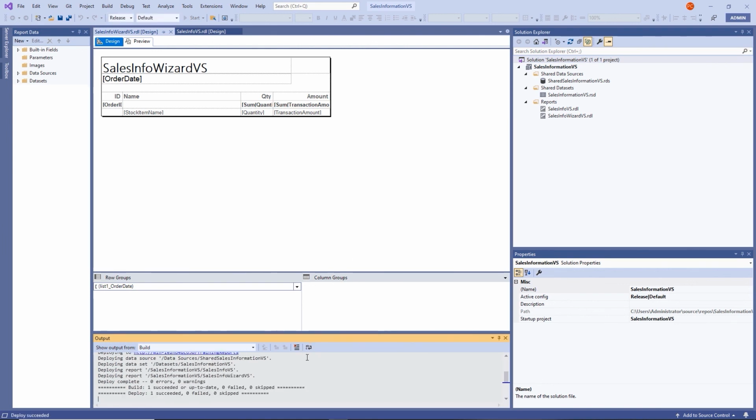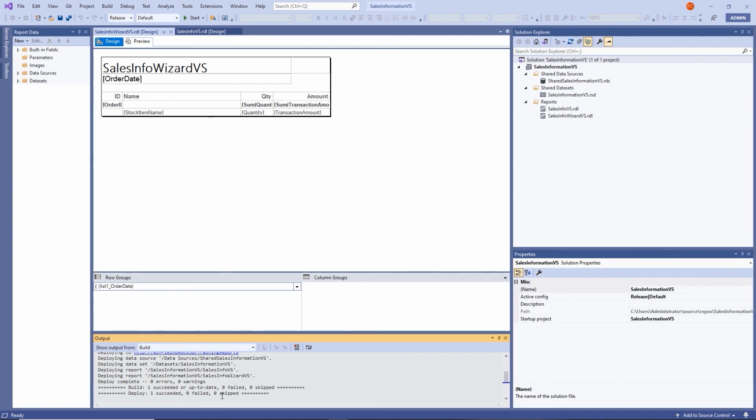And you'll get an output window at the bottom of your screen underneath your grouping panel. And the end result of my output is it says it deployed, 1 succeeded, 0 failed, 0 skipped. Now, sometimes you'll get a fail with a message, and usually that means that your target server URL has not been set. So I'll save you a lot of research time in trying to overcome how to fix that by setting it before we even attempt it to